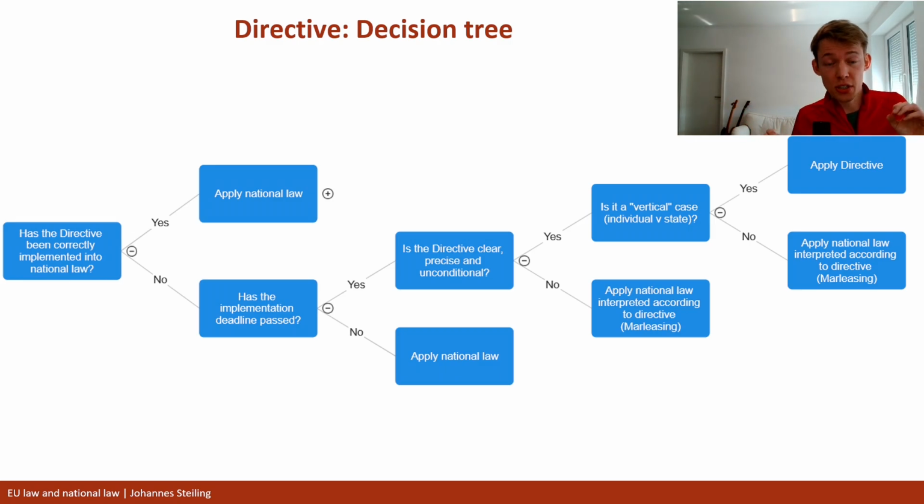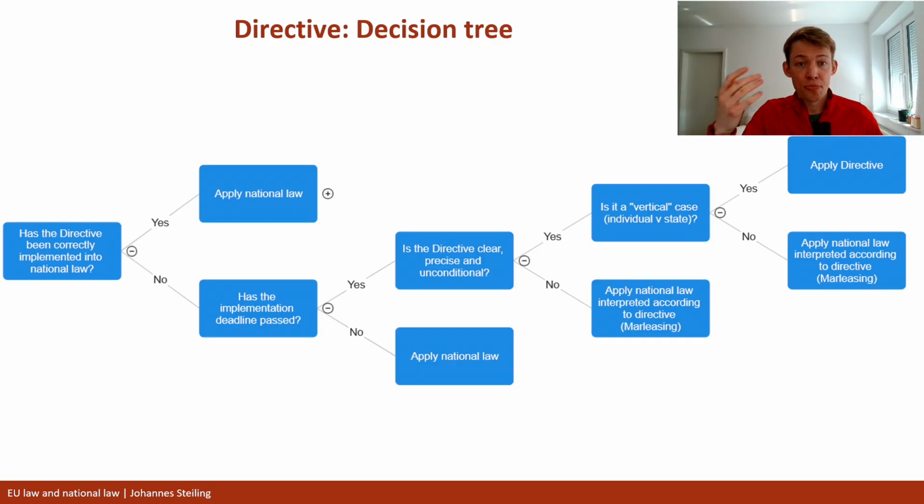So the final question, according to the ECJ, we now need to ask is, do we have a vertical or a horizontal case? And vertical case only means reliance on the directive, invoking the directive provision against the state. Broad definition of the state, but against the state, right? So if we have a vertical case, so we have a case in which the directive is not invoked against a private person, so the negative consequence only hit the state, right? Then if we have direct effect, we will apply the directive, right? We will disapply national law.